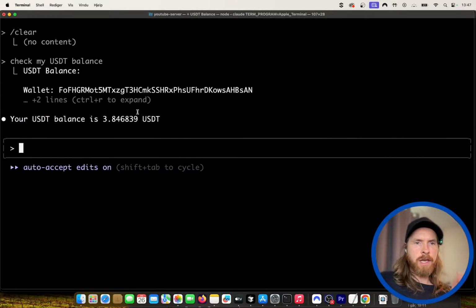So this is my, I have an MCP server that is connected to my crypto wallet. I can look up balance. We can send stablecoins and everything. I talked a bit about this yesterday, how I'm gonna give money to my agents.